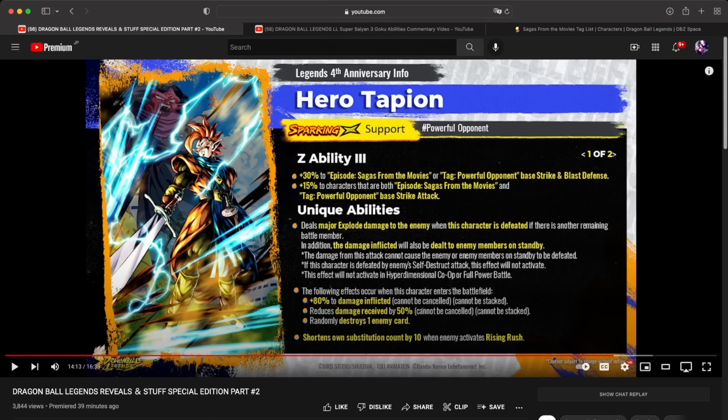So at 6 stars, his Z ability is double defenses for movies and powerful opponent, and then if you're on both of those tags, you're going to be getting more strike attack. So again, all the movie bosses, I guess, like Bojack, Turles, Cooler, all those guys are going to be getting a massive buff. I guess who else? Like Broly, all the Brolys,